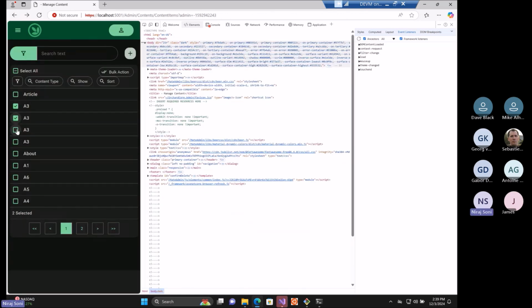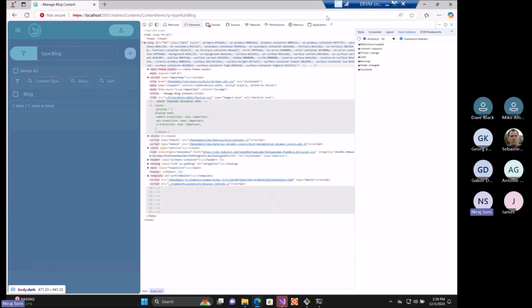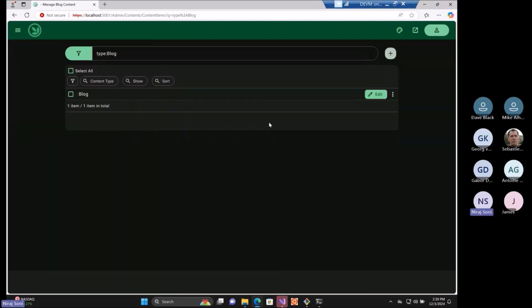It updates the selection similar to what we have today. And this filter selection, for example, like I search on the blog, it only filters the blog part, which is like what we have today, same, but